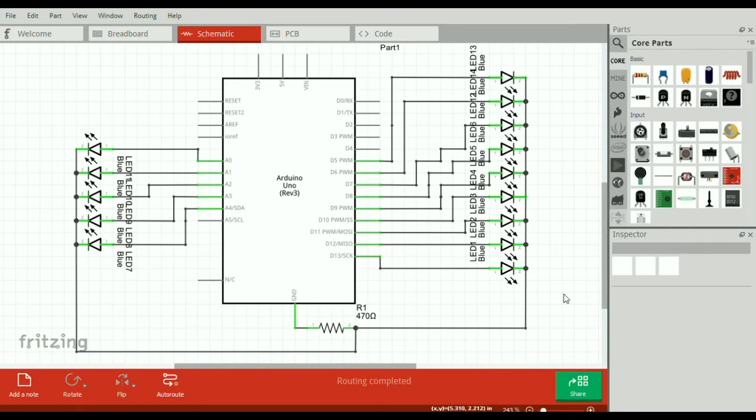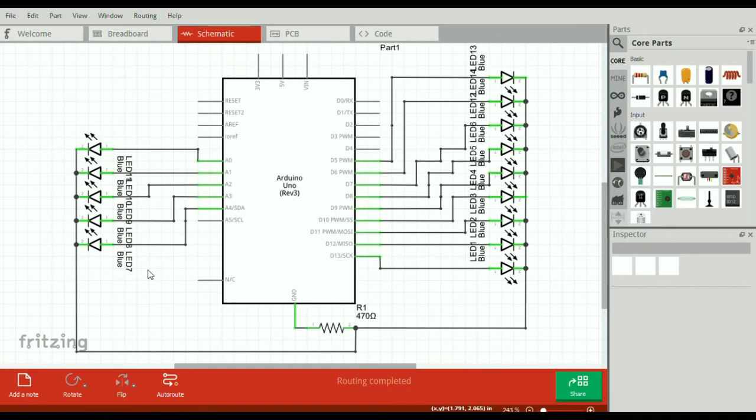So here is the schematic view of my shield. I have used an Arduino Uno board version 3 where I have connected 15 different LEDs to the digital and some analog pins. Analog pins, because I have not used them as analog inputs, but I have used those analog pins as digital output pins. You can see different pins are connected from D5 to D13, that is digital pin 5 to digital 13, and A0 to A4, that is analog pins A0 to A4.